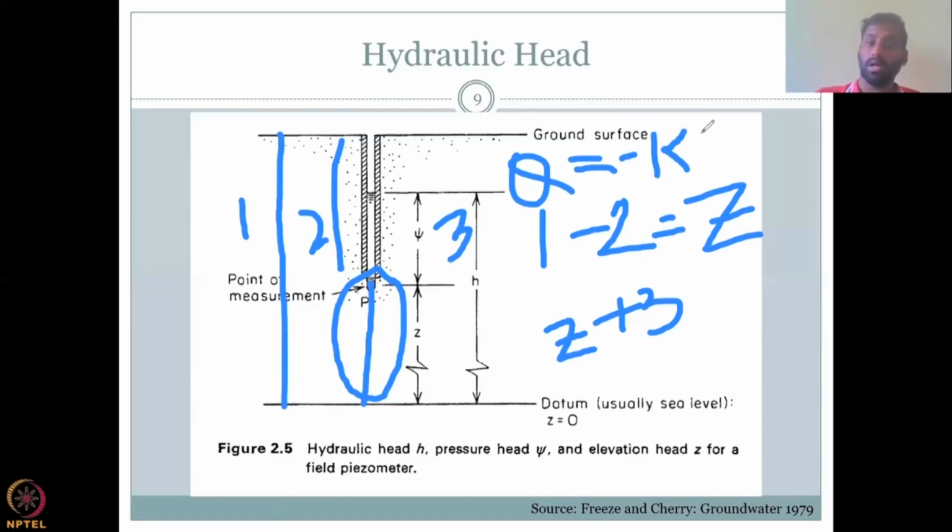Let's not do the area of the well. So let's do small q, so we don't need the area of cross section. We just need the discharge velocity. So let's say q is equal to minus K times dh, the difference between your hydraulic heads, by dl, the distance between your